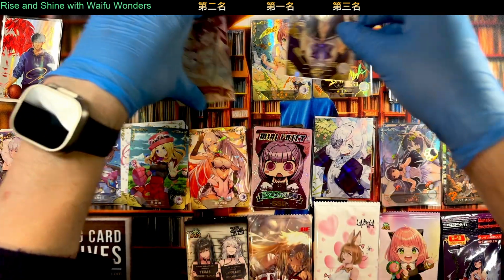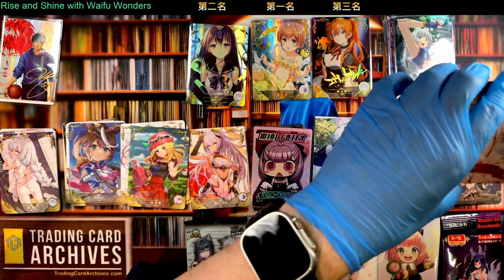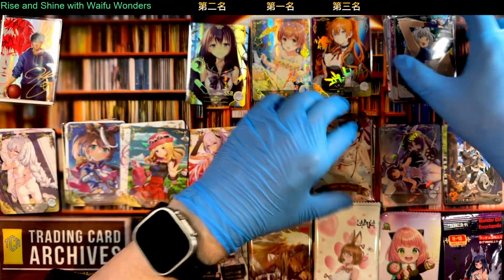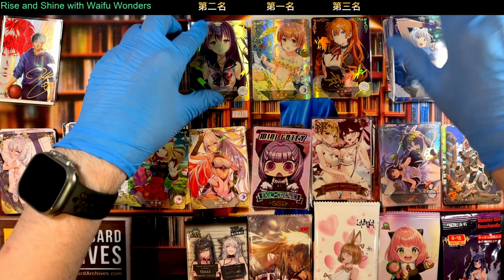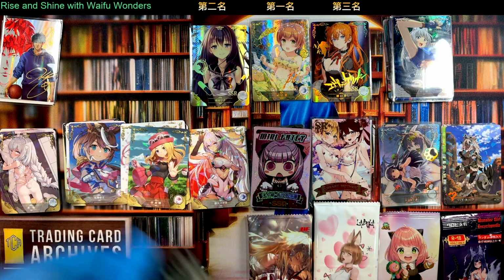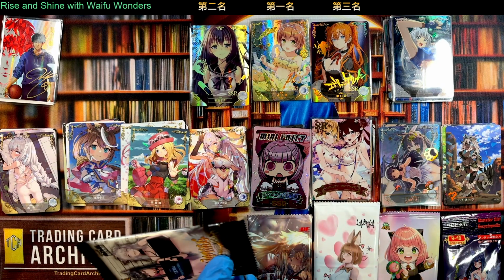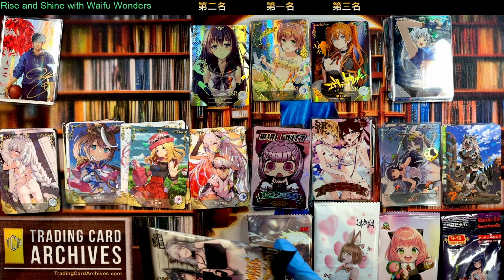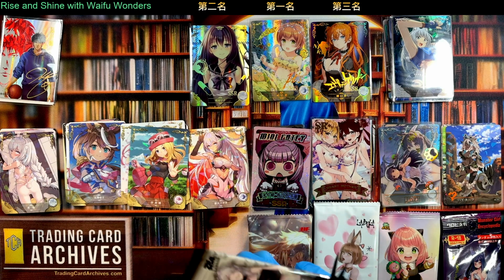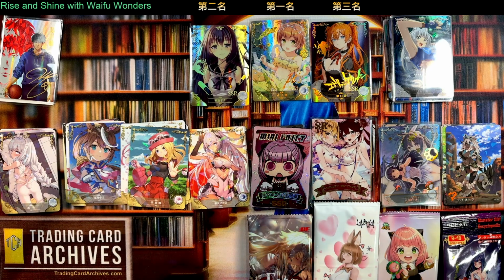So I'm gonna go ahead and kind of bump out Beast Mother. Sorry, Beast Mother. Beast Mother was my first waifu card set. It was the one I couldn't resist because it involves cats and I love cats. And yes, don't bother. If you want to comment, you can. I love comments, so comment all you want. But you don't have to tell me. I know about the